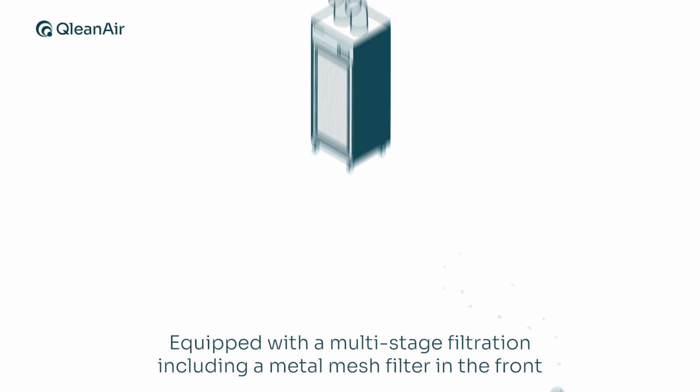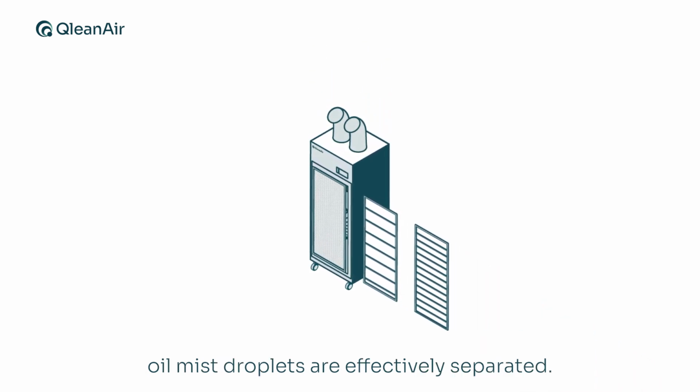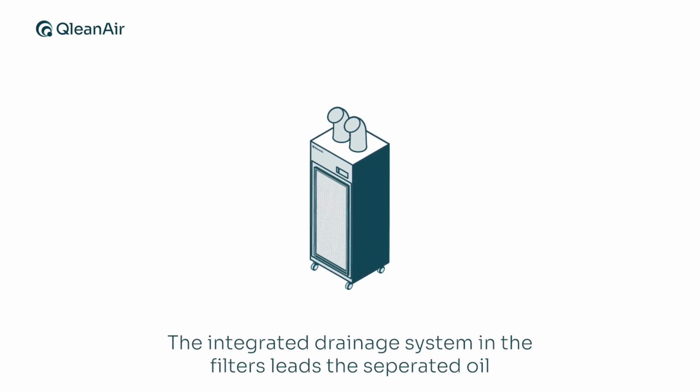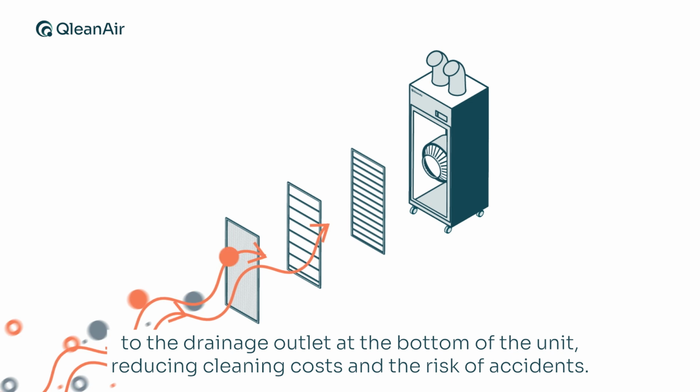Equipped with a multi-stage filtration including a metal mesh filter in the front, oil mist droplets are effectively separated. The integrated drainage system in the filter collects separated oil at the bottom of the filter, reducing cleaning costs and